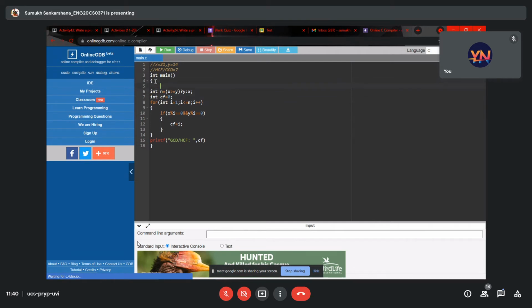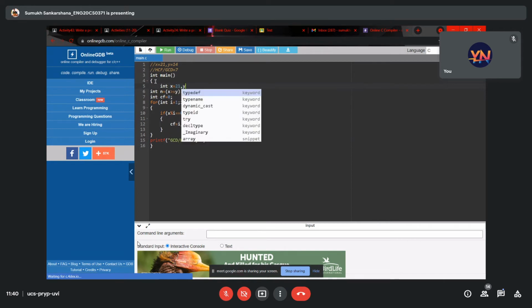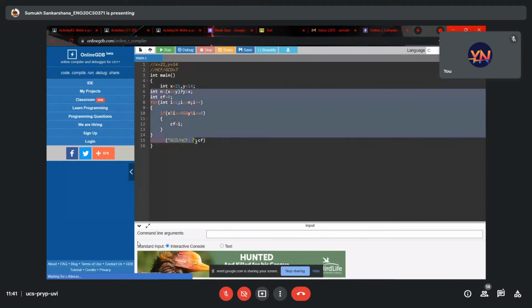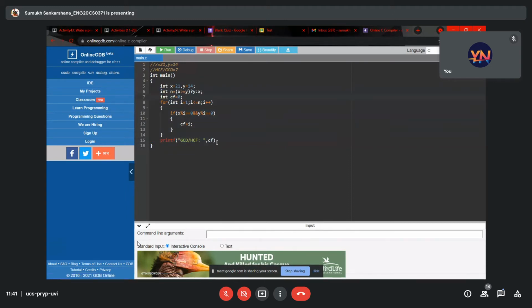Okay, now my int x is equal to 21 and y is equal to 14. Guys, remember, don't copy this exactly. I am taking the values here, I'm not taking them from the user, but you will be doing it with the user. So make sure you use pass by reference and pass by value properly for this. Now if we run it,